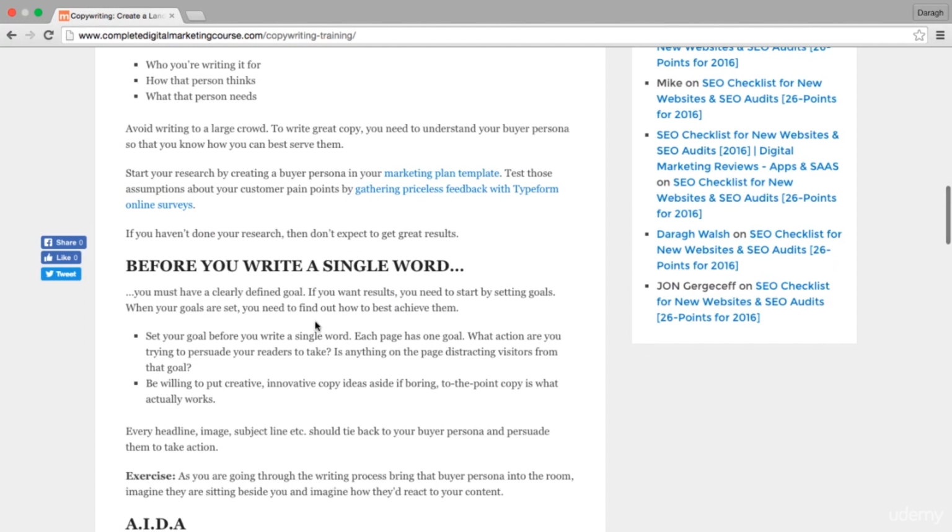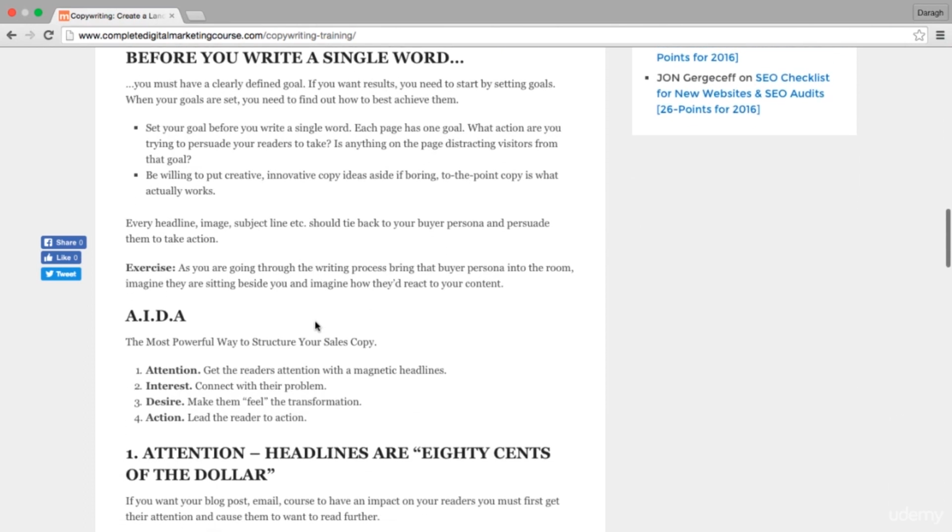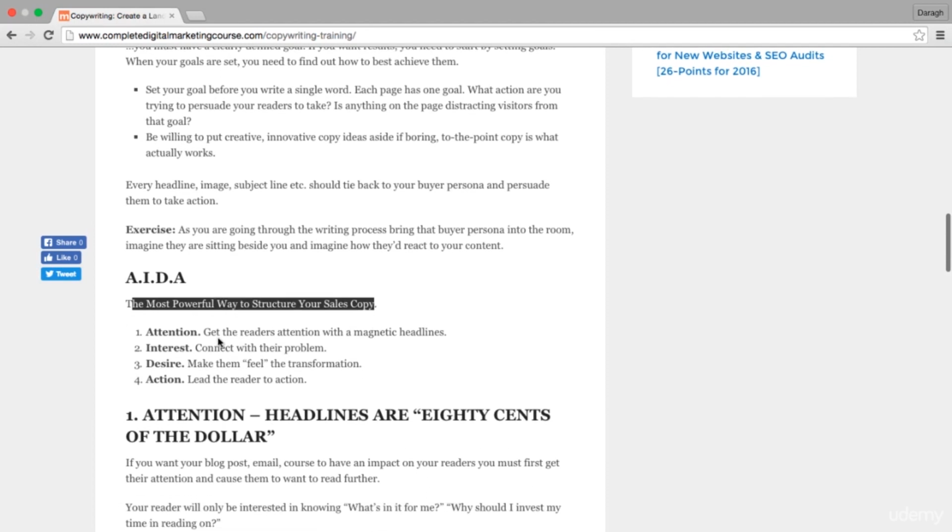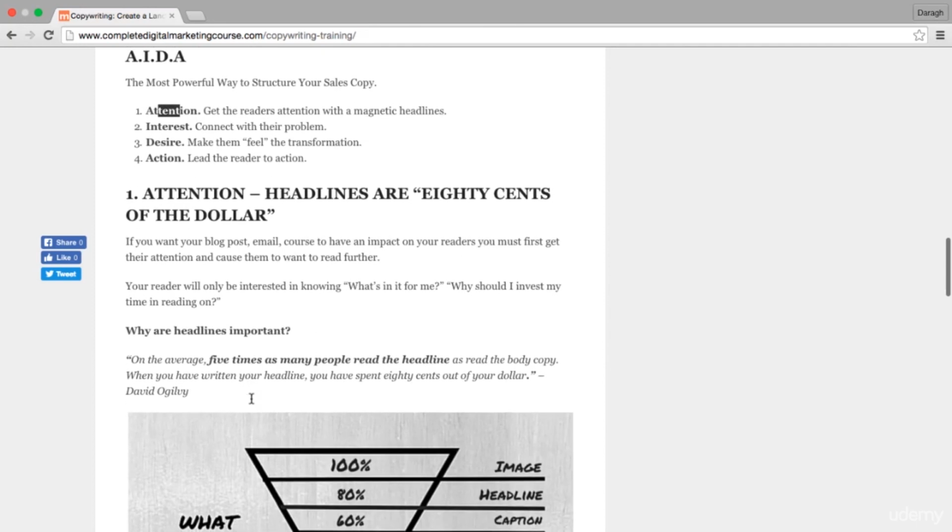Also, we'll refer back to our goals and also how that links into copywriting, because you want to be using copywriting to persuade people to complete those actions that you've set up in Google Analytics, and really that link back to your business goals. Next, after we lay that foundation, we really get into AIDA. This is the most powerful way to structure your sales copy to really get results. And it breaks down into 4 parts: attention, interest, desire, and action. And it all starts with attention and getting those headlines. And you learn that really those headlines